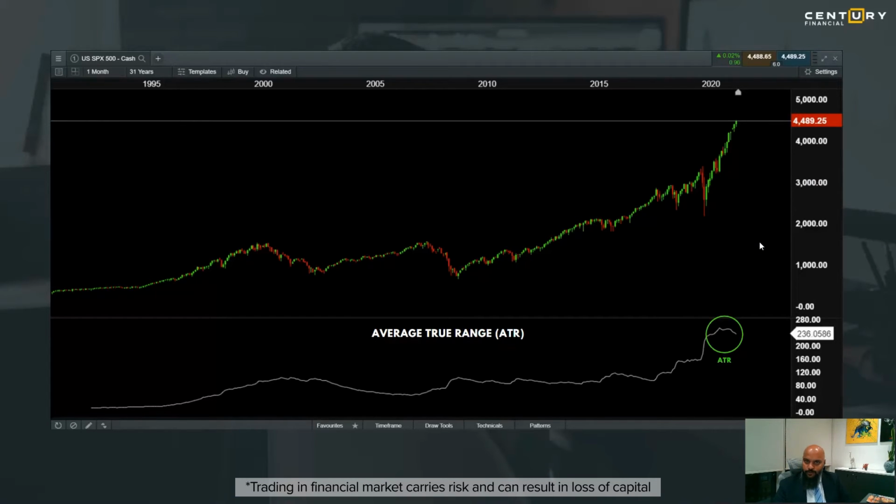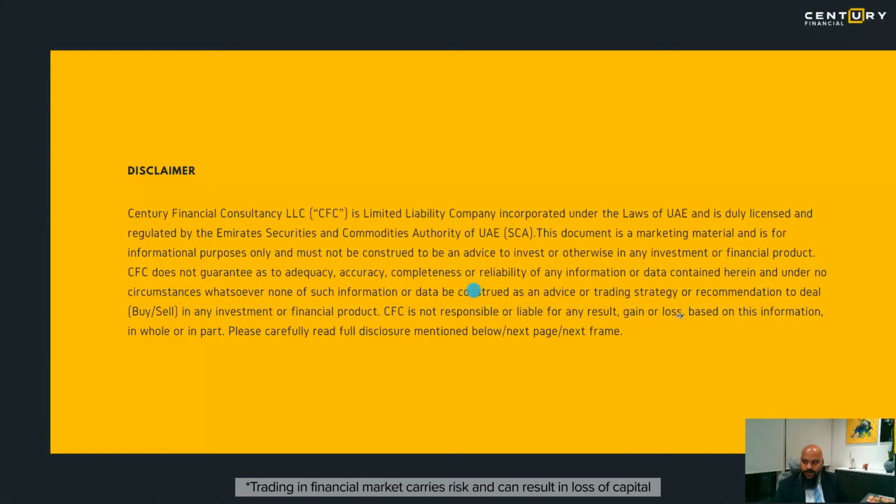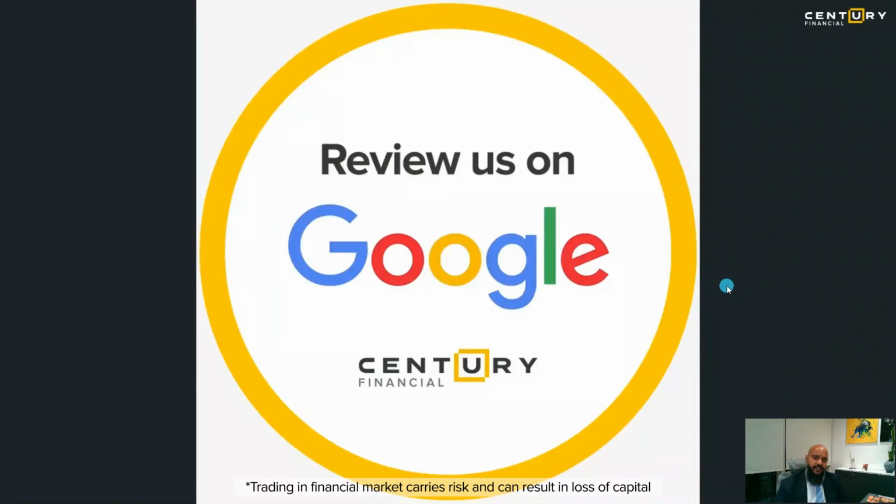And of course, now I'm going to show you how much it is moving even as of today. So it gives you a better indicator in terms of what instrument moves how many dollars for what time frame. Before I jump into the live charts,